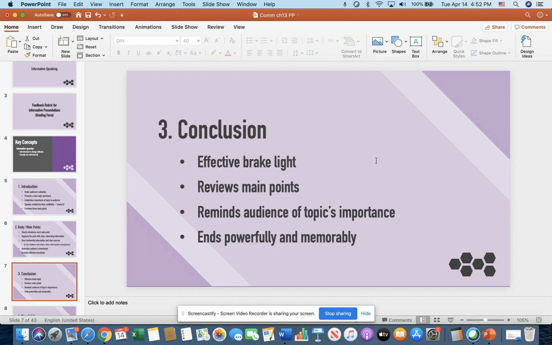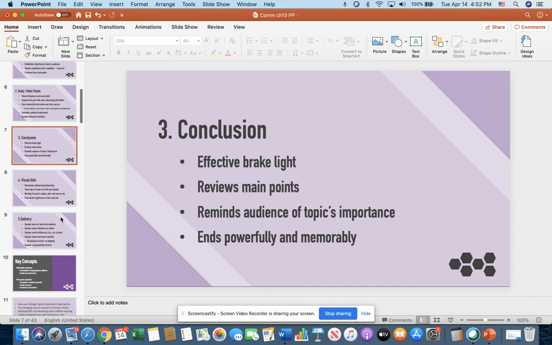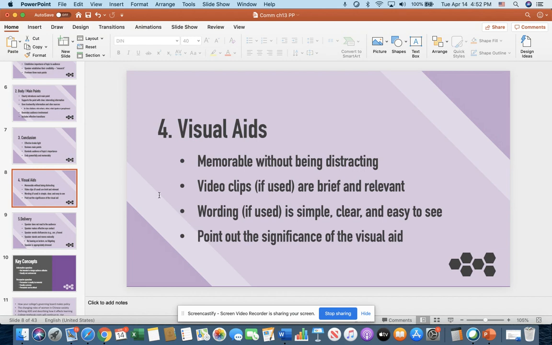And then end powerfully and memorably. "So I remember when I almost died in the Grand Canyon because of a snake bite, but I made it out because of those trusty mules. And even though it was very scary, I'd do it again in a heartbeat." There you go. So that leaves them with something certainly memorable and well stated as well. Okay, so I'm going to move on to visual aids.